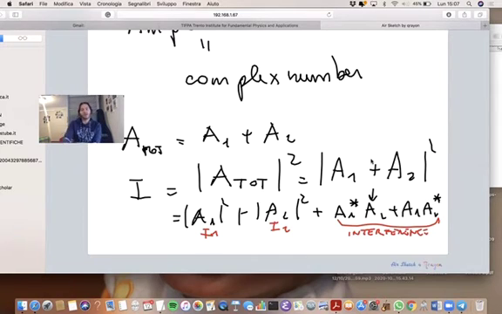Some of you might remember how to compute the intensity of an electromagnetic field using complex numbers. Some others may not have done this topic in their education. I don't want to dig deeper because you'll find this in quantum mechanics later on. So for the time being, just be aware that the way to describe intensity is through some complex quantity called the amplitude of the wave. And using this complex quantity and taking the modulus square, you can arrive at the intensity. The amplitude is not observable, but the intensity is. So it's a real quantity.